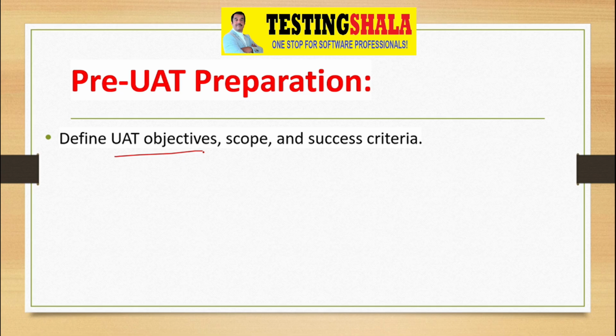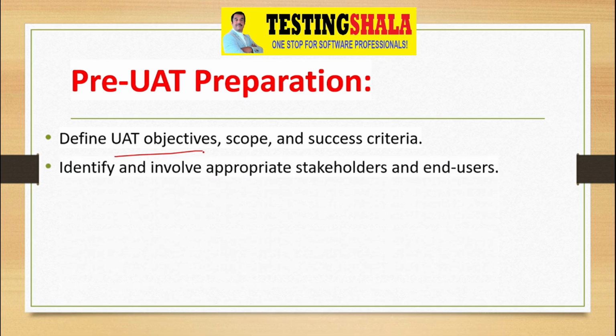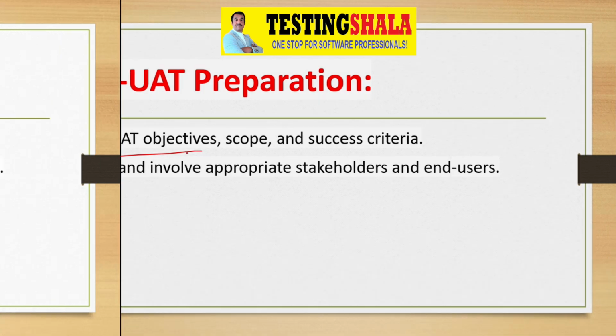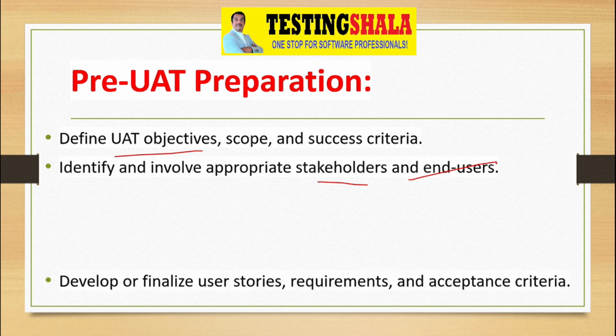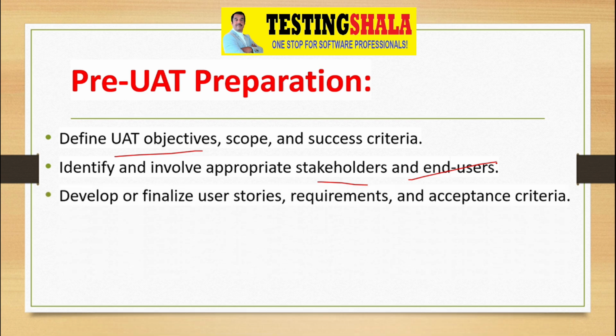And the next one is, we'll have to identify and involve the appropriate stakeholders as well as end users. This is also very key to a successful UAT. This we have to do before we start UAT. We have to identify all the stakeholders as well as end users. And the next one is, we have to develop or finalize the user stories, requirements, as well as acceptance criteria